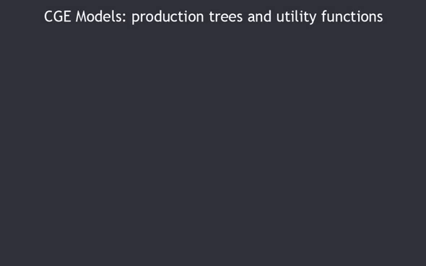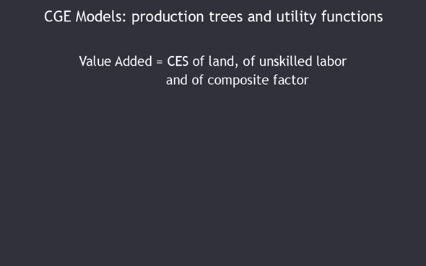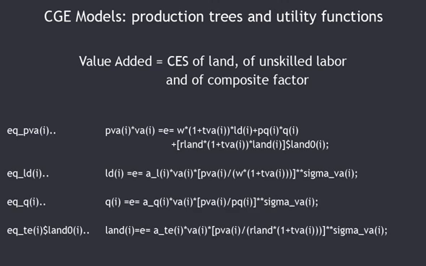So now let's move on to the value-added side. This is where the innovations are. We have assumed that value-added is a CES function of land, unskilled labor, and a composite factor that combines skilled labor and capital. The first level consists of four equations, always one equation linking the levels in value, and three equations that establish demands expressed in volume, because we have three productive factors: land, unskilled labor, and the composite factor.